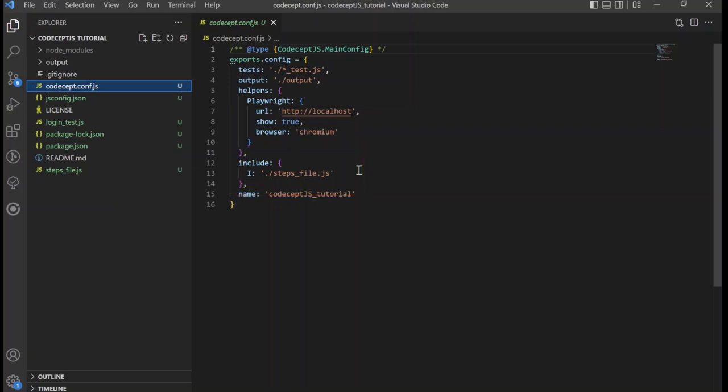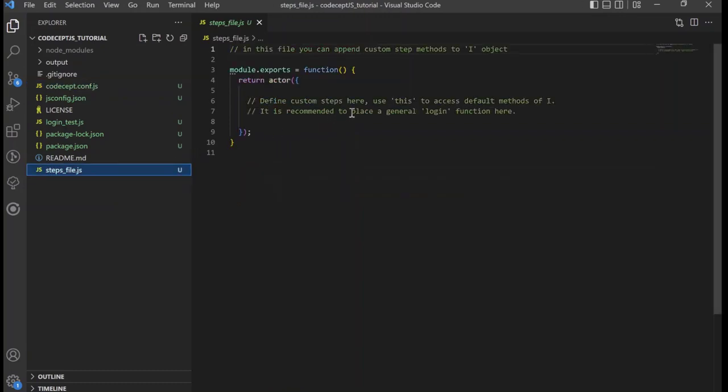I object is included by default and you should include your page object or page fragment files in here. The steps file is an important file to extend I functions. You can describe your own custom I functions here. An important point is that only in that file you don't use I, instead you use this to refer to the I object.